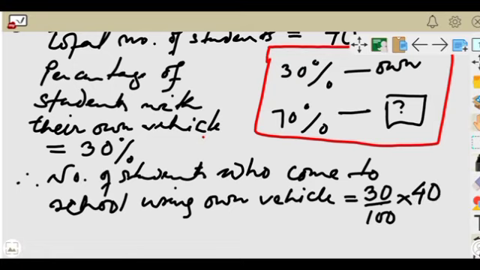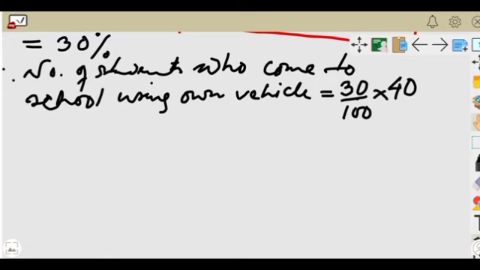Okay, I'll drag the screen a little bit. Equal to, we can cancel this 0 and this 0, then we can cancel this 0 and again this 0, so that 3 into 4 we have 12. Now we know that 12 students come to school by their own vehicles, but the question is telling you to find how many of them come to school by school bus. So out of 40, 12 come to school using their own vehicles, but the remaining come to school by school bus. So therefore,